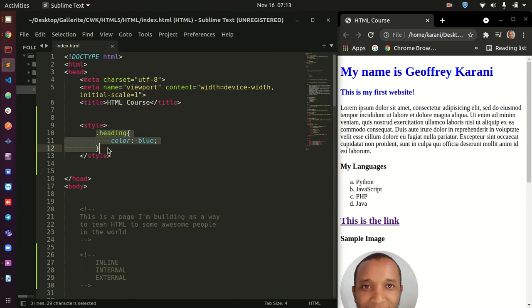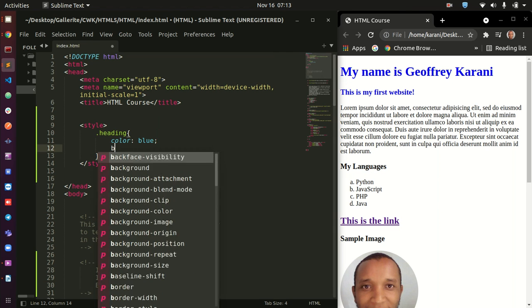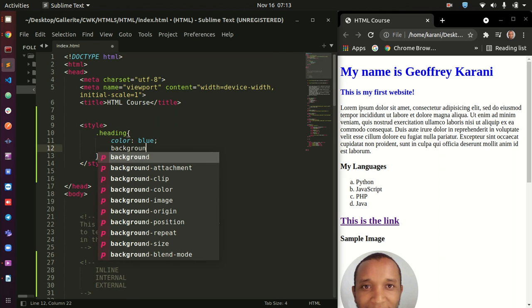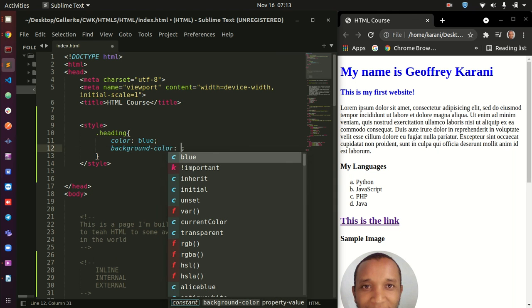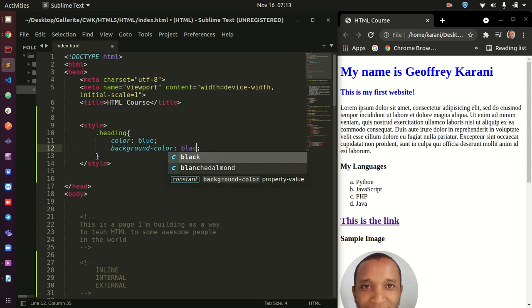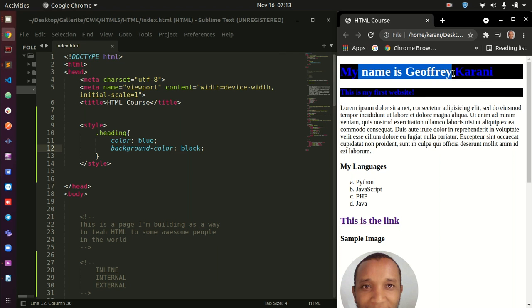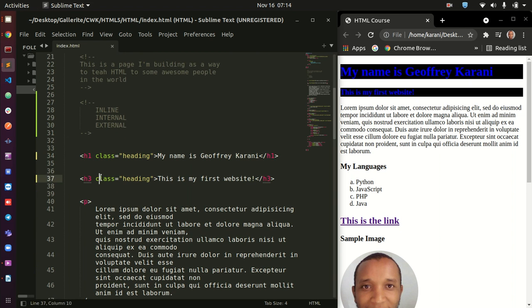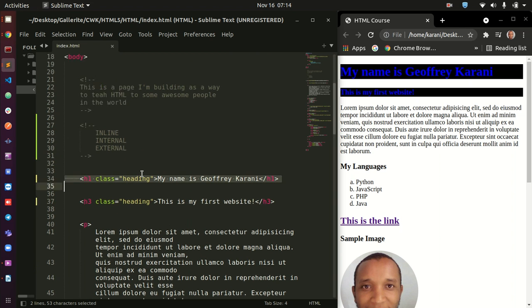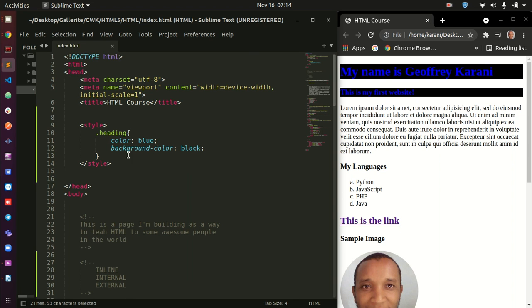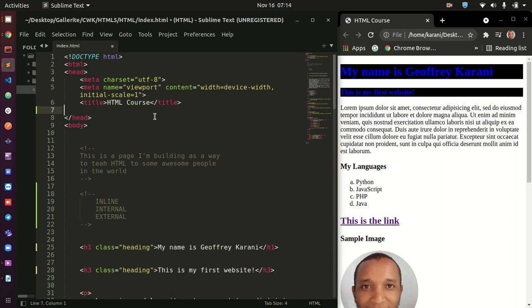The code that we have here is only one line, and by the way, it can be a lot. I can add something like background color. You see the beauty of using advanced IDEs. Background color, let's say we want something like black. It may not look great, but it will show us what we want. Refresh and you can see it has added the background color to both of the items. We can also change the font, so you can write a lot of code here and you are only going to call it like this on your tags, and it is going to kick in and give it the formatting that you want. Nice. Let us remove this.